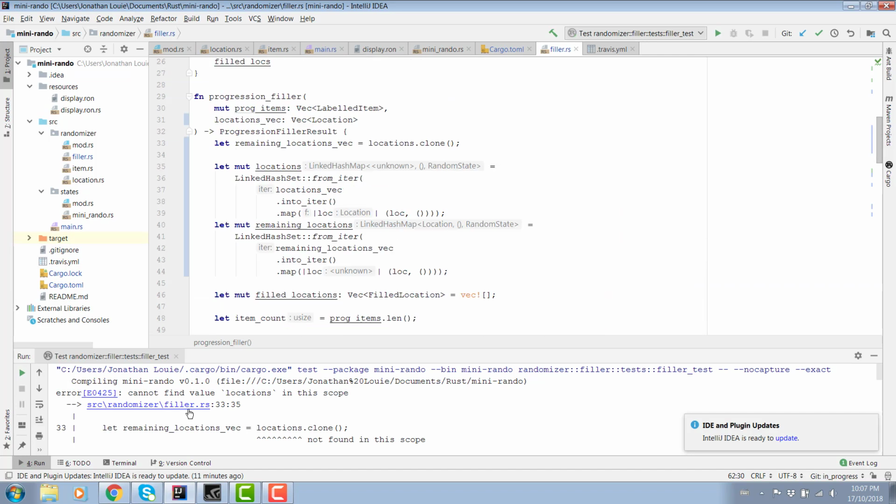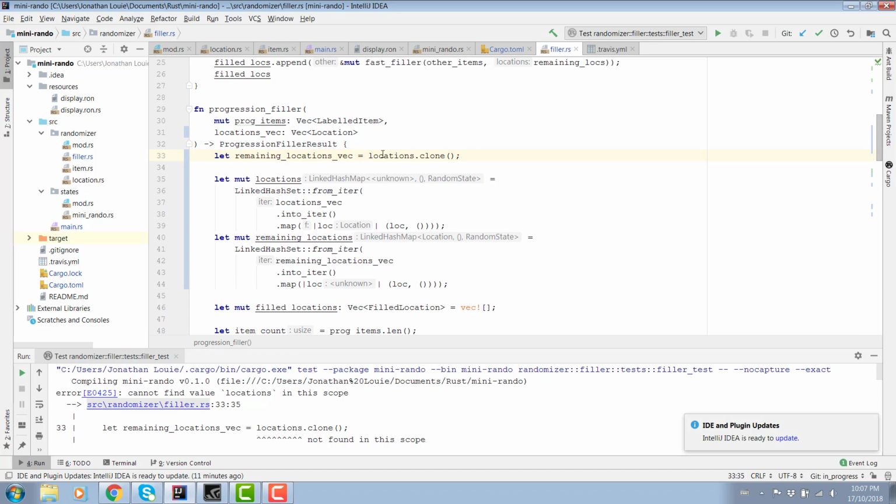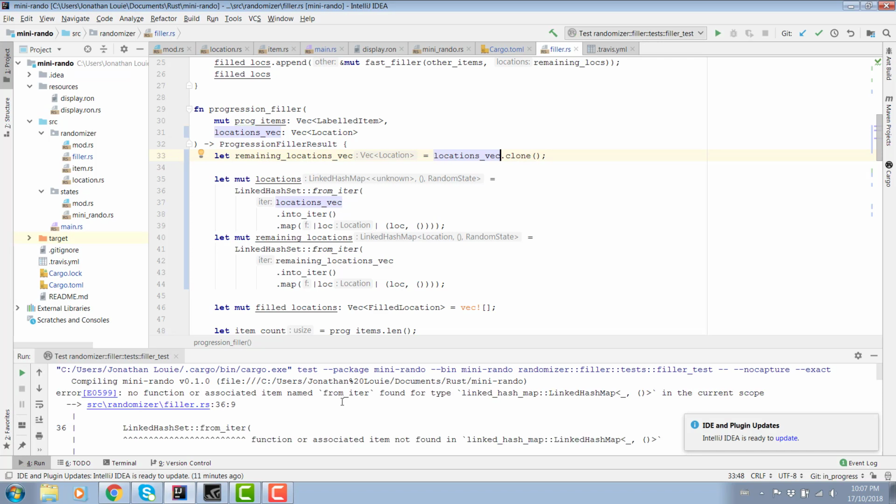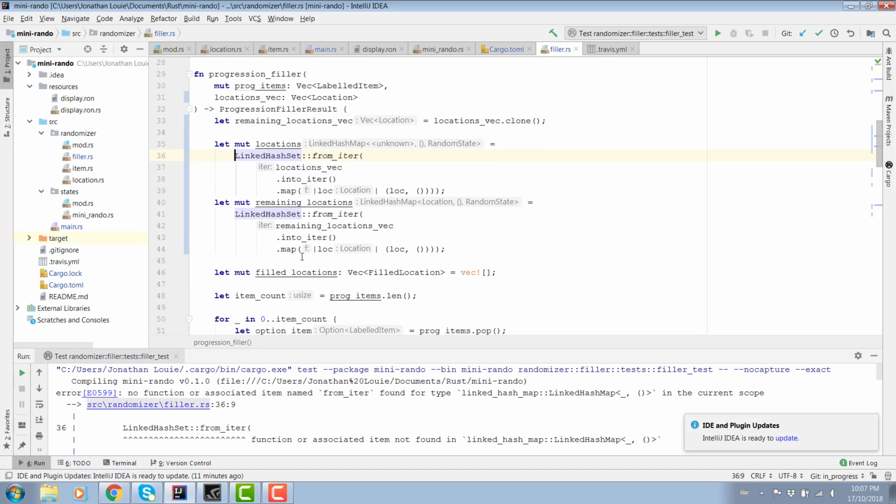What? What do you mean? Oh, because I called it locations vec. Of course. Please stop pressing random buttons, me. It's going to cause your keyboard to do crazy things again. What do you mean? Do I have to import that?